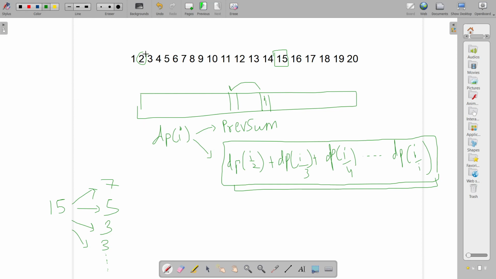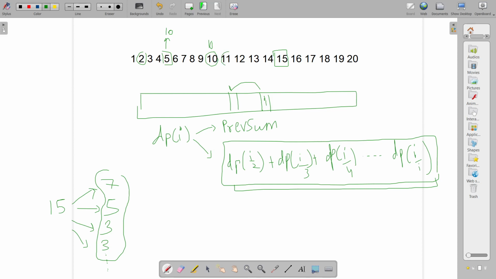So the idea is, instead of dividing, I would have reached these numbers, DP of 7, DP of 5, DP of 3, before I reached DP of 15. Suppose I'm at DP of 5, and I know the answer to this. Suppose this is 10, for example. I know for sure that this DP of 10 would have DP of 5 in it, because when you divide 10 by 2, you get 5. So I can add 10 here.